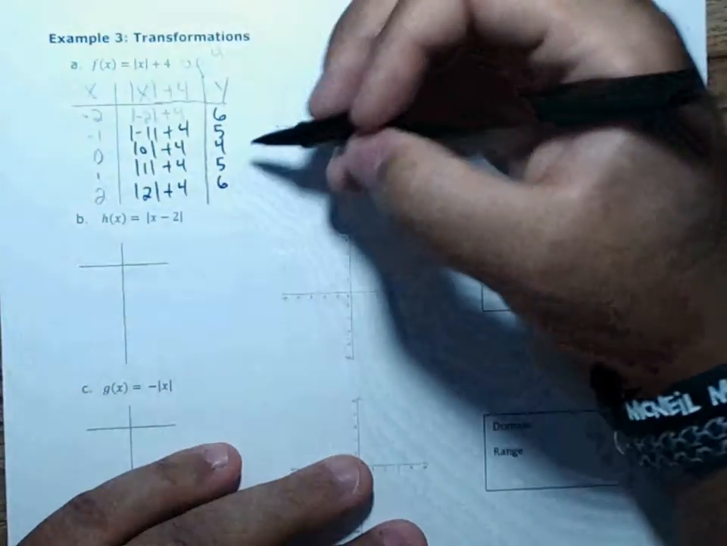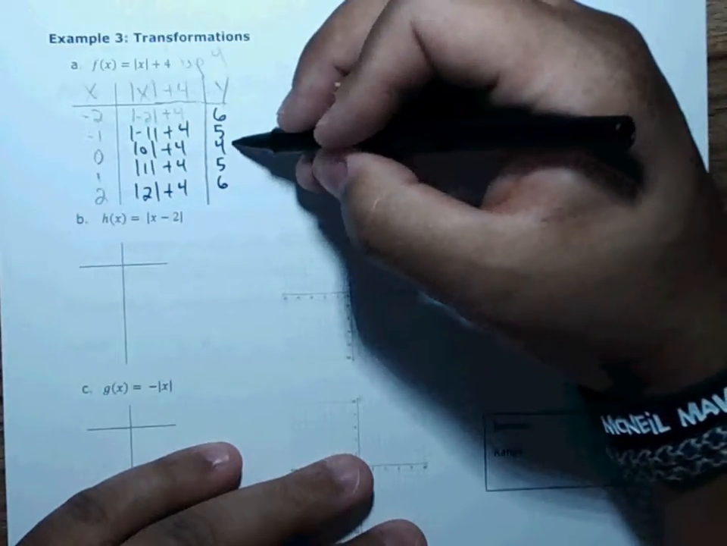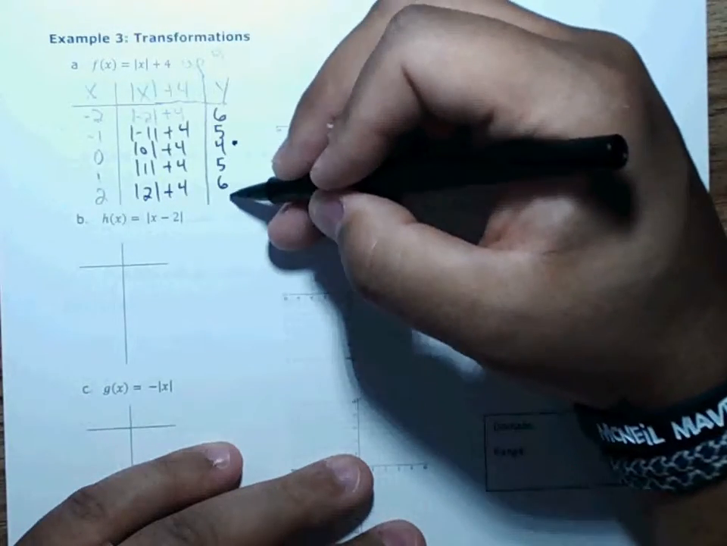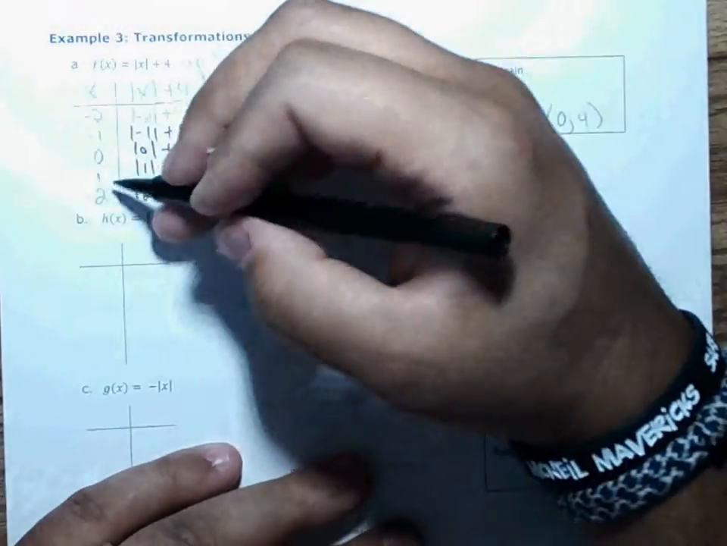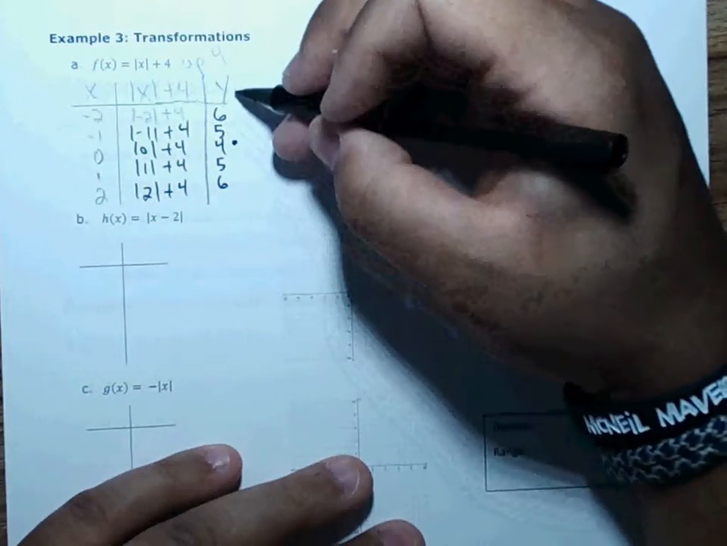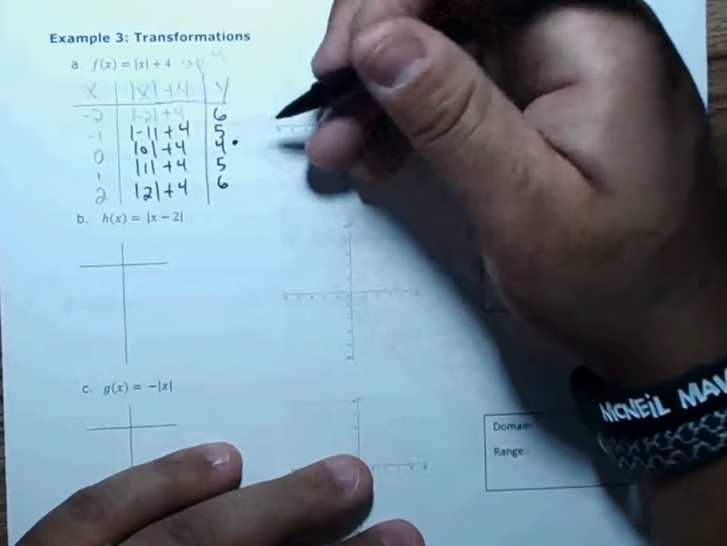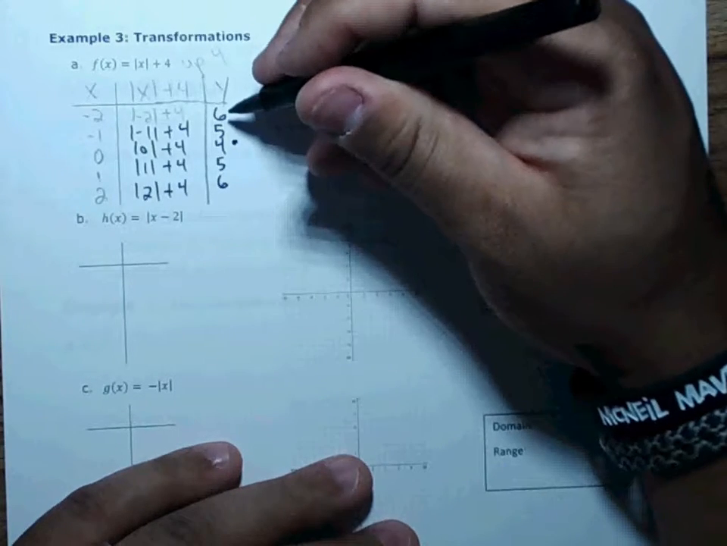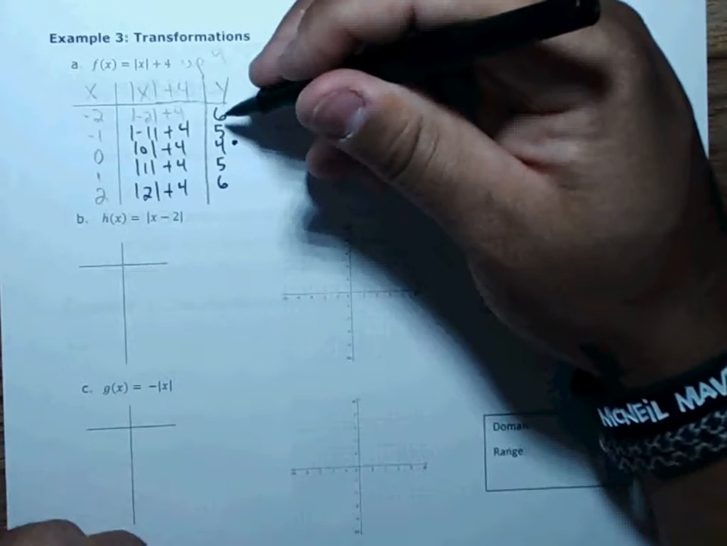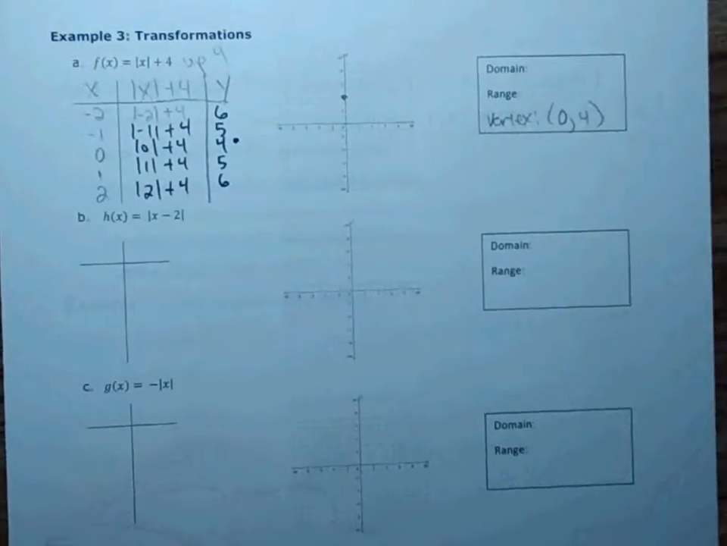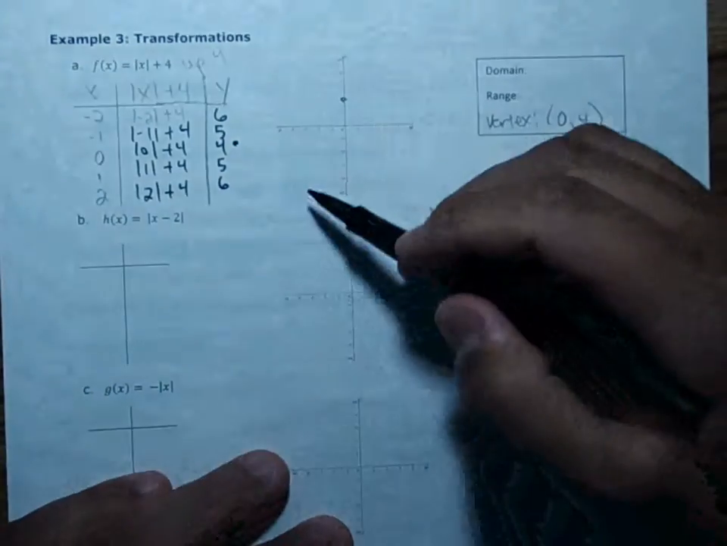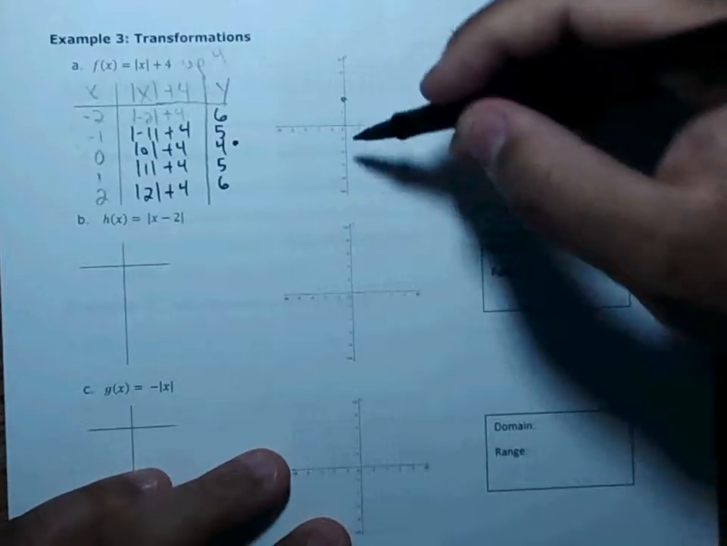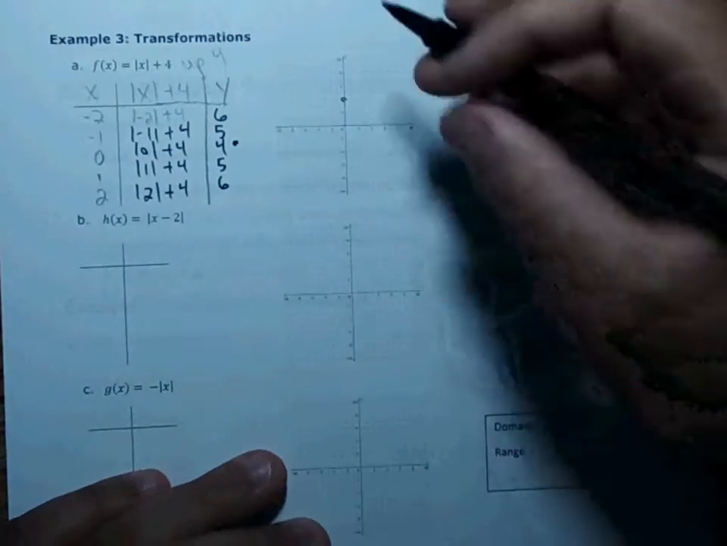And as you can see, this right here is my vertex. As I go to the right of my vertex, I'm going up by 1 as my x values go up by 1, and as I go to the left of my vertex, my y values are also going up by 1 as my x values go down by 1. If this were a linear function, it would just continue going straight like this, but since it's an absolute value function, it creates a V. So if I graph these points,